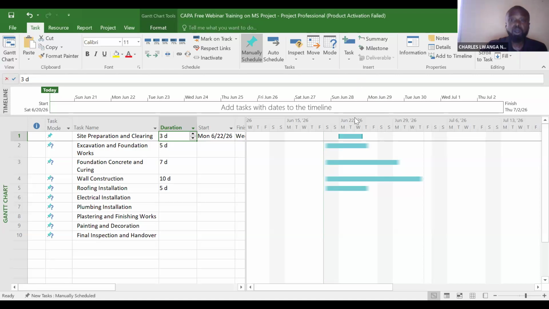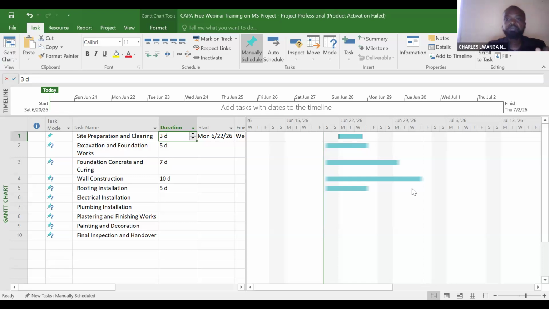Because as of now, Microsoft Project assumes that Saturdays and Sundays are non-working days. Normally, we started designing the project today, but because we have assumed that Saturdays and Sundays are non-working days, the activity will start on Monday. That's why you see it starts on Monday, Tuesday, and it ends when? The activity is estimated to end on Wednesday